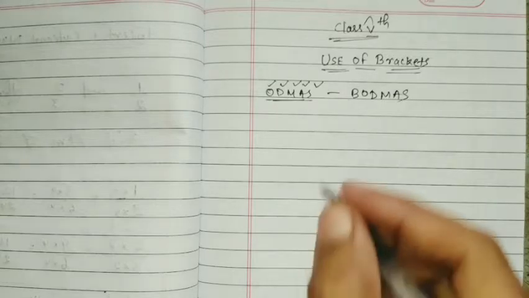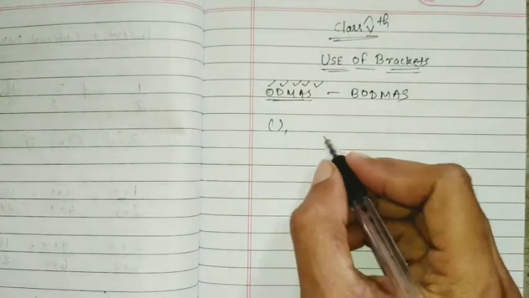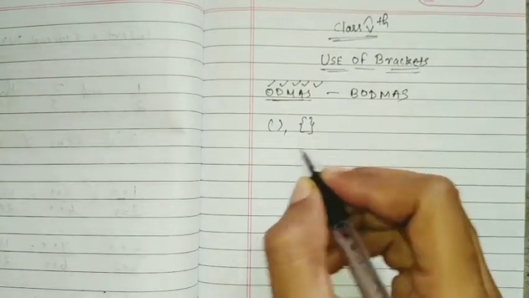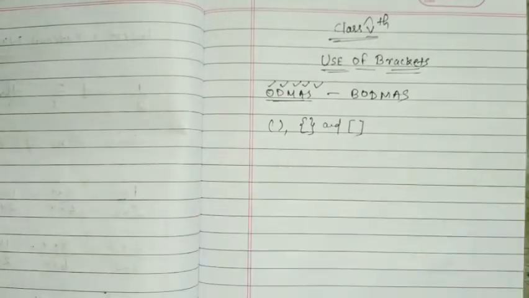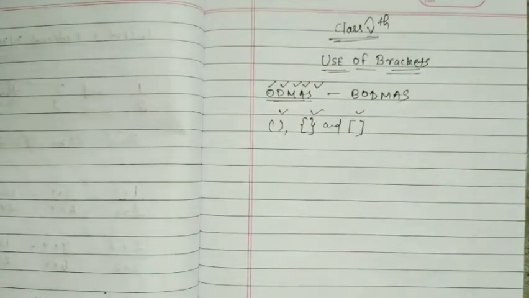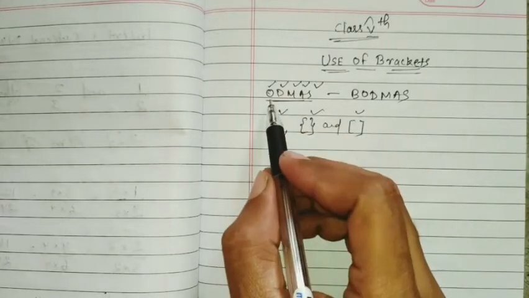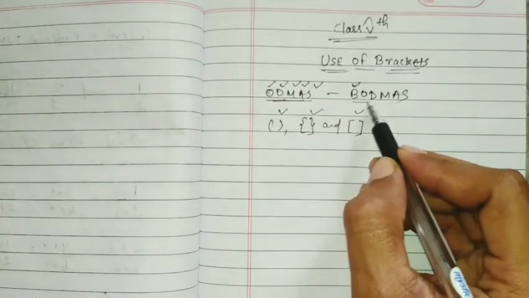The three brackets are: this bracket you can see first, the curly braces, and the square bracket also you can see. These three brackets are commonly used in simplification. They are solved in the same order. The rest of the sum follows the BODMAS rule. Now B is added to the four operations. In this, only B is added, that is brackets.